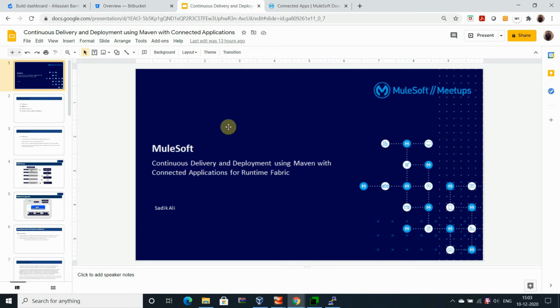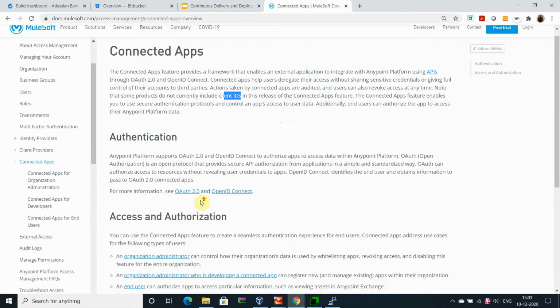But the major part I am demonstrating here is how to utilize this connected app feature in the Anypoint platform to perform the operation with CI/CD on Runtime Fabric. Okay, it is very useful. In my previous demo, I demonstrated how to perform CI/CD on Runtime Fabric using the username and password of an Anypoint platform. But here the options are available in the platform itself, so it is not required to share any username and password with the user to perform the CI/CD or operational process. That can be taken care of using the connected app option.